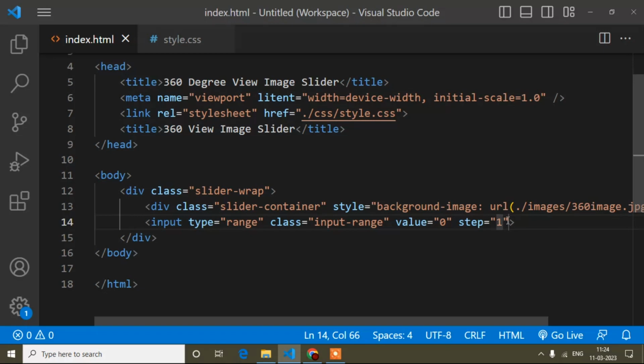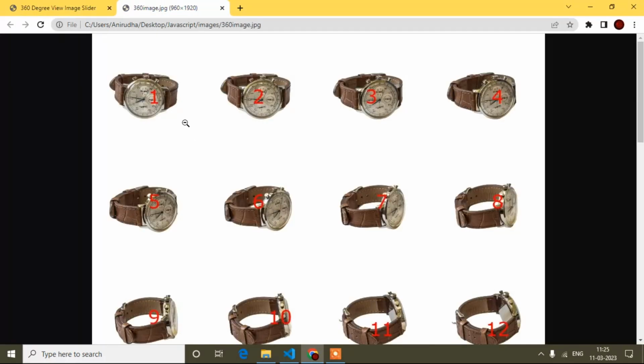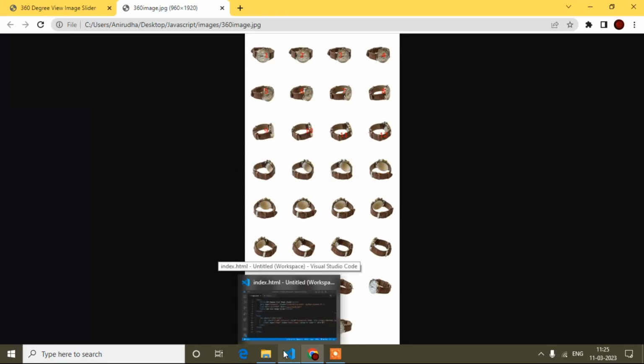Another property is minimum, which will be 0. When I move like this, how many maximum values will be here? That is very important. Now you have to count the total images: 4 here, and in the row that is 8, so 4 times 8 is 32.